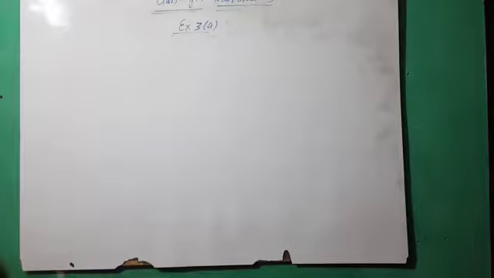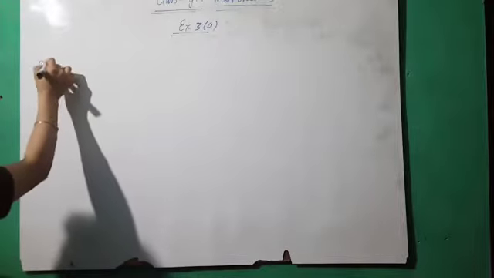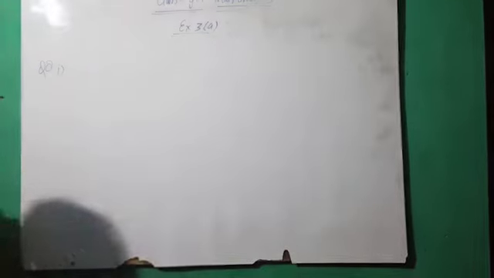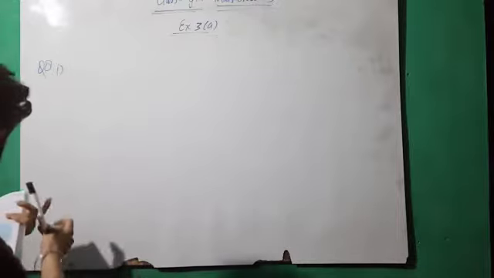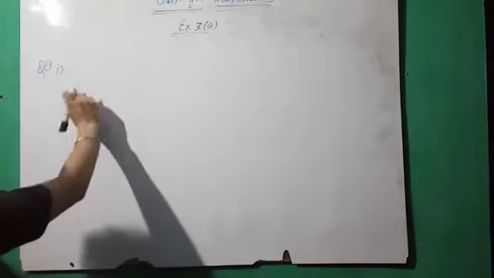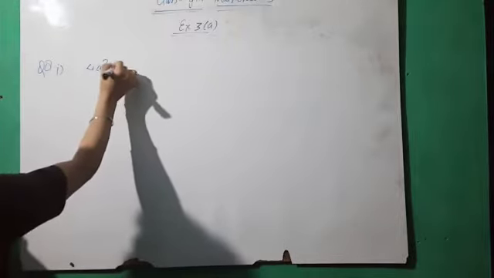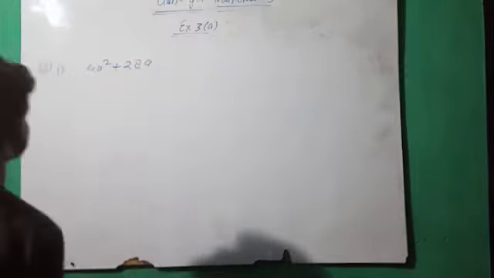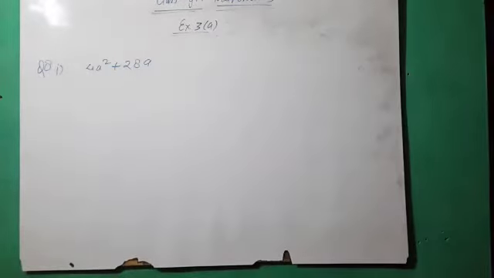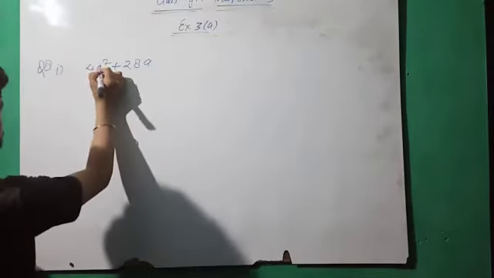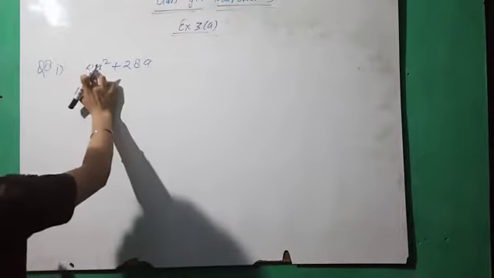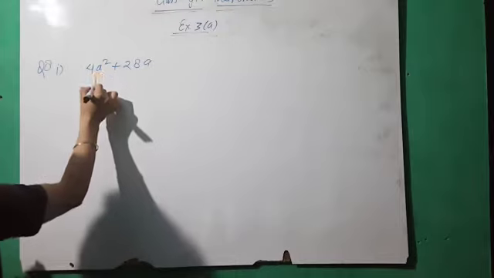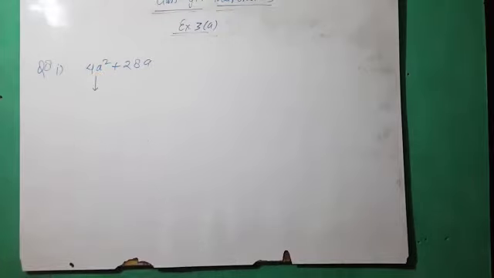Question number 8. We have to make a perfect square. So what we have to add or subtract from the expression? The question is what should be added? 4a square plus 28a. This is the very important term. In the previous lecture we had already discussed, but in this lecture again I am telling you this is a very important term which gives the value of a in this term.